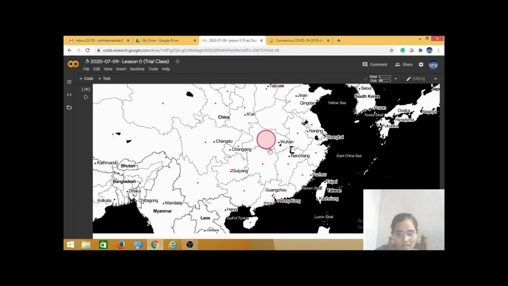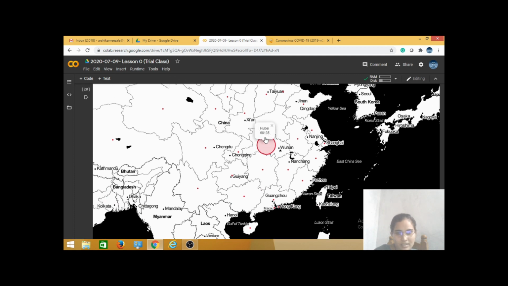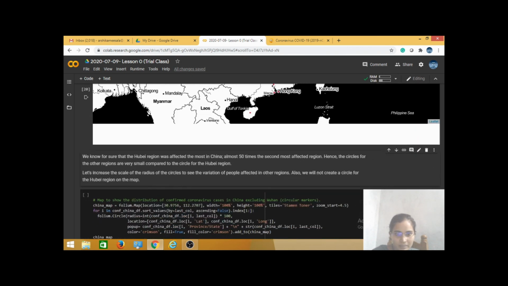If you click on that circular dot, you are able to see which place or region, how many people are affected. If you click on those red circles, we are able to see how many people are affected in that particular area.